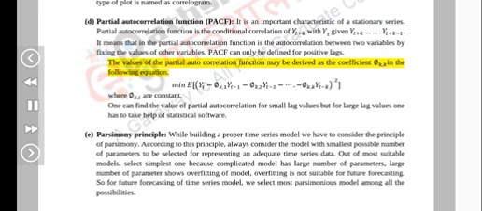The values of the partial autocorrelation function may be derived as the coefficient phi k,k in the following equation. Minimize E[yt minus phi k,1 yt−1 minus